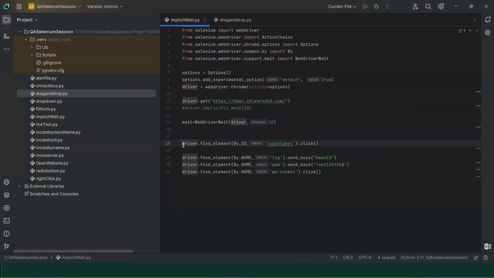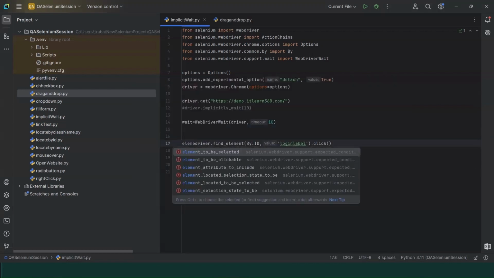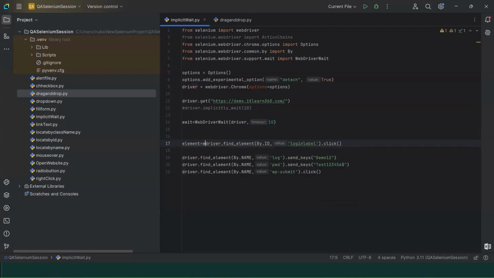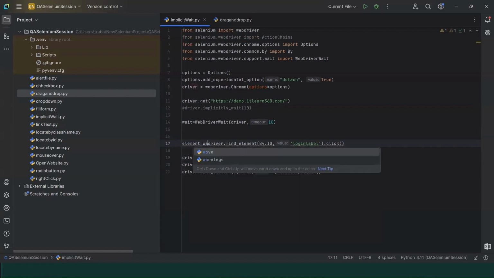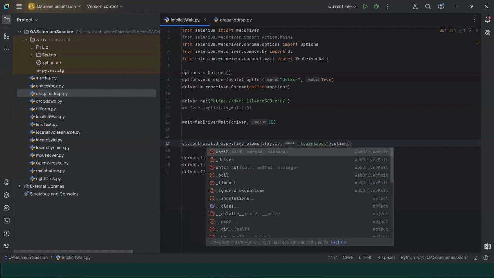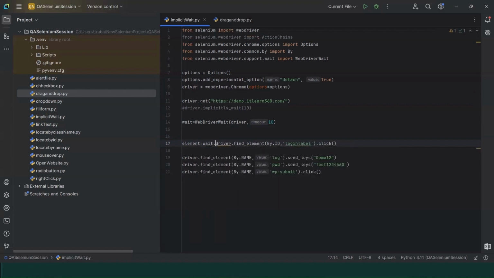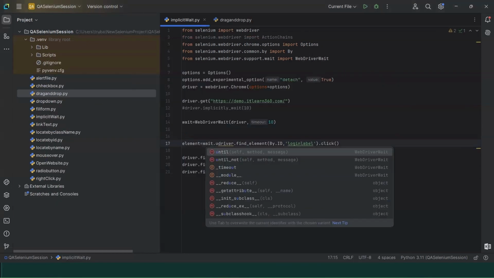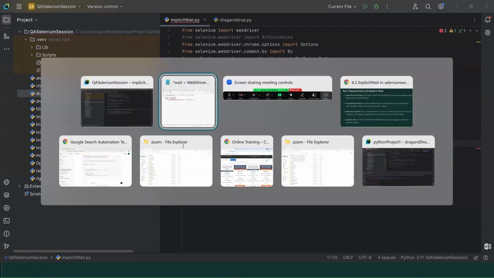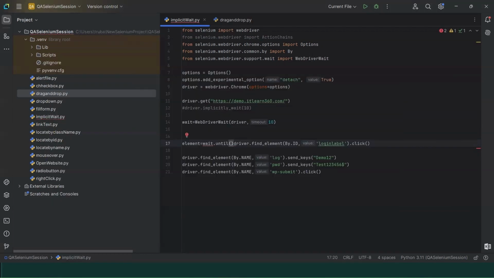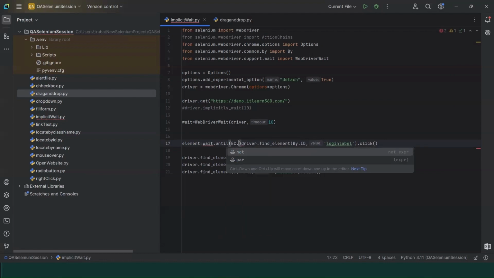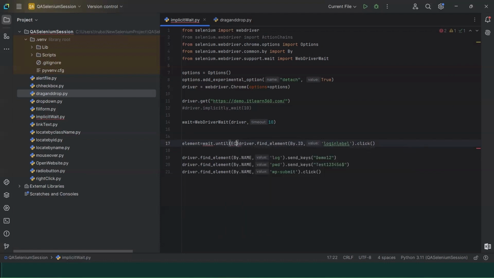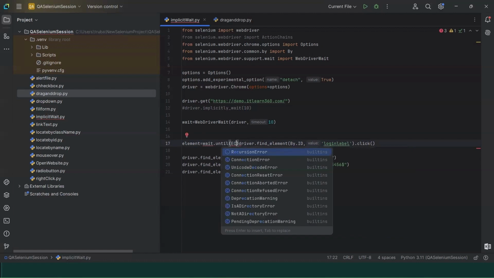So what I do is I store this element, saying wait dot until, and in this until we write ec dot. Now ec is basically